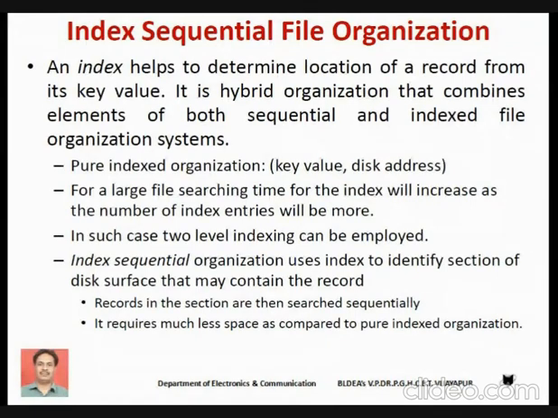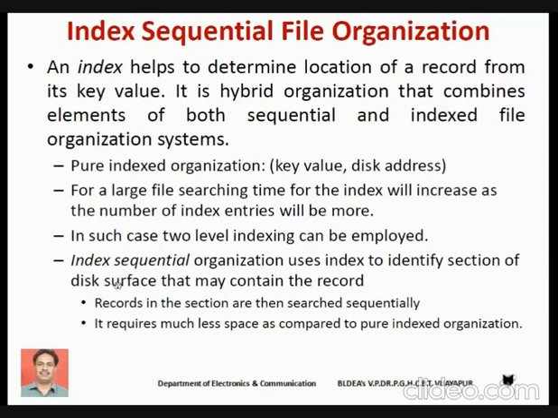On the other hand, we have one more solution when the size of the file is very large, or when the file contains a large number of records. The second solution is to use index sequential organization. In index sequential organization, we use an index to identify a particular section of the disk.